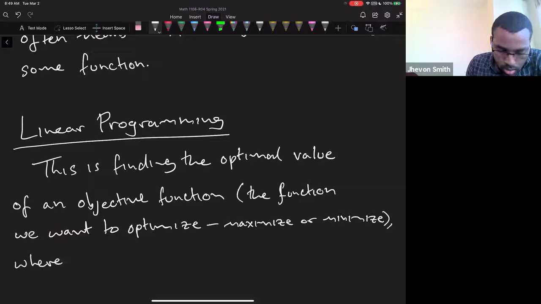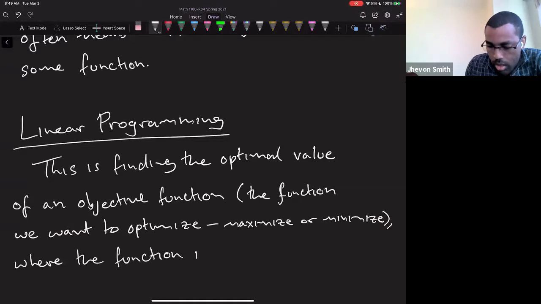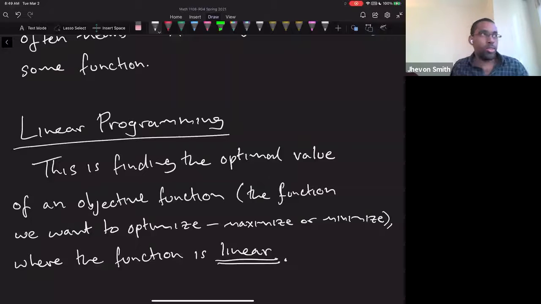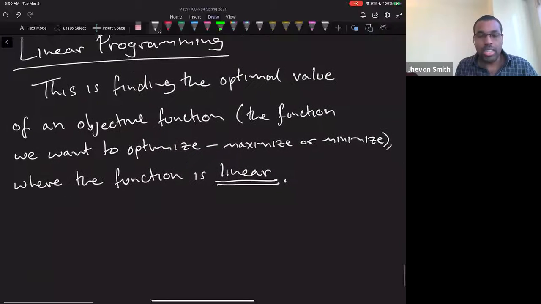where the function is linear. So that's very important. So your function should look like some sort of straight line. It should be able to be written in the form of a constant times x plus a constant times y equals some function. Or a constant times x plus a constant times y plus a constant times z plus a constant times this equals some variable, right? So the function is linear